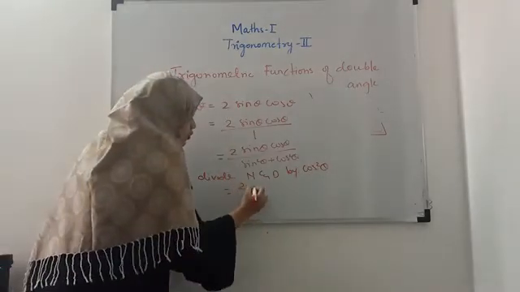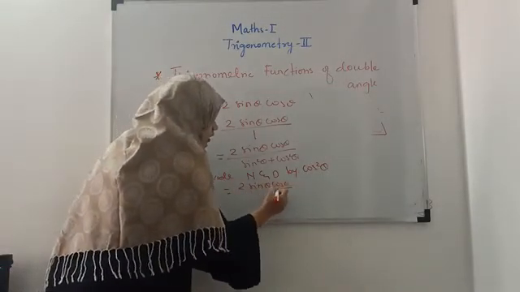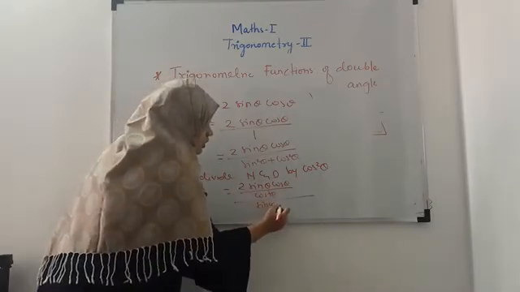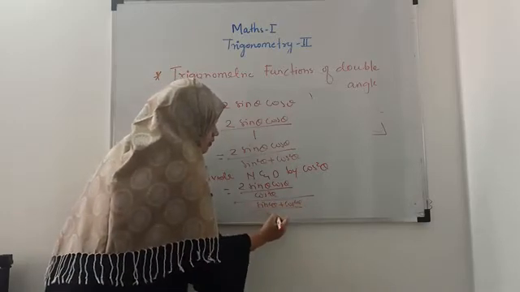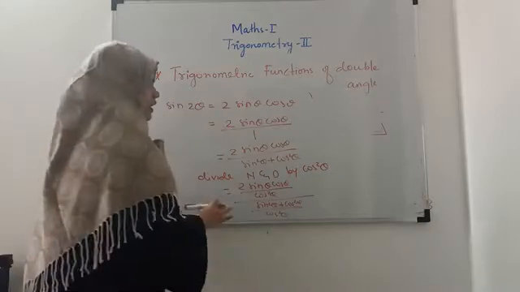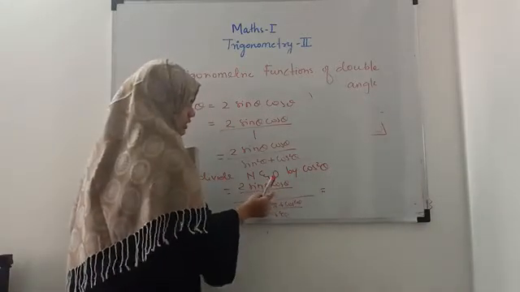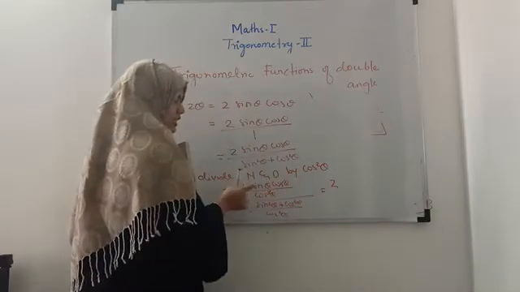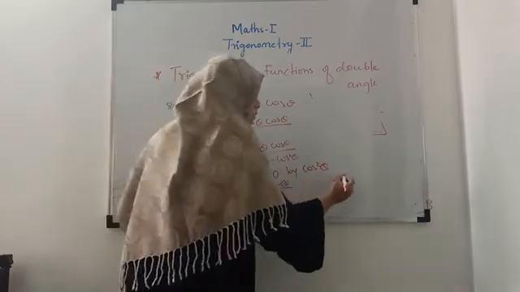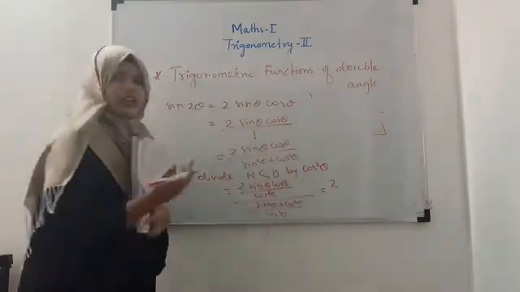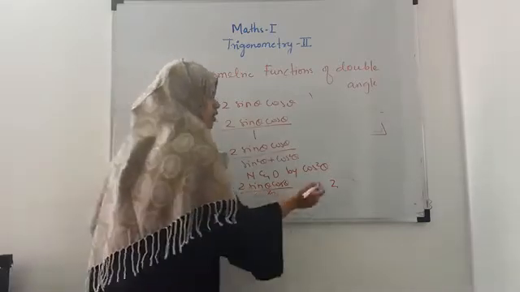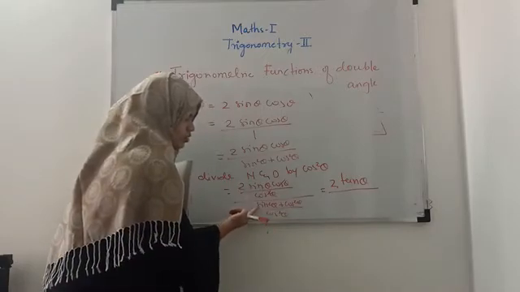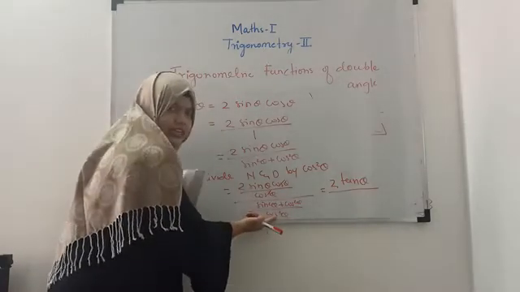So I'll get 2 sin theta cos theta divided by cos square theta, whole divided by sin square theta plus cos square theta divided by cos square theta. Okay, till here it is clear. Now this cos and this cos will get cancelled and you will be left with, see, this cos and one cos get cancelled. You will be left with sin upon cos, which is equals to tan. We can directly write down sin upon cos is tan theta. Now here split this denominator, so sin square theta upon cos square theta is what? It is tan square theta.